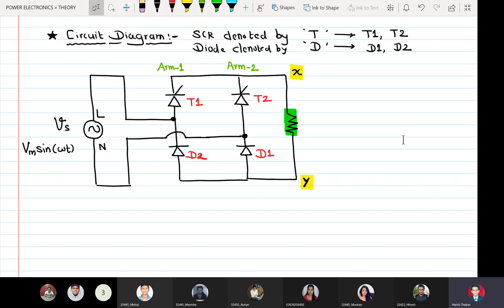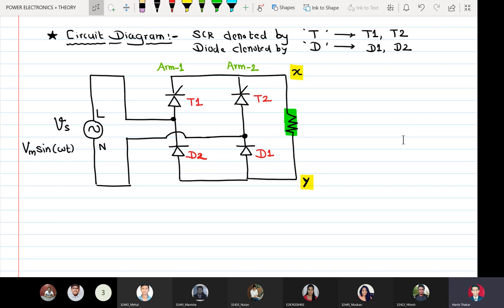That is, we always say that the range of firing angle alpha is alpha greater than 0 less than or equal to pi. So we know that SCR will never be fired at alpha equal to 0. That means in this circuit the conduction of D1 will depend upon when T1 starts conducting. We have done simulations in our practicals that the SCR which remains forward biased in positive half cycle will be fired at alpha, and alpha is referenced to omega t equal to 0. That is the natural switching point.